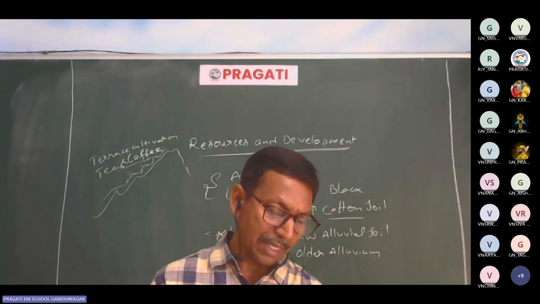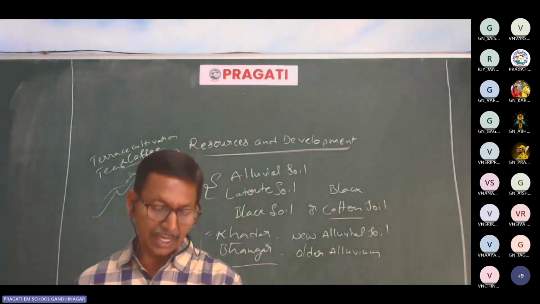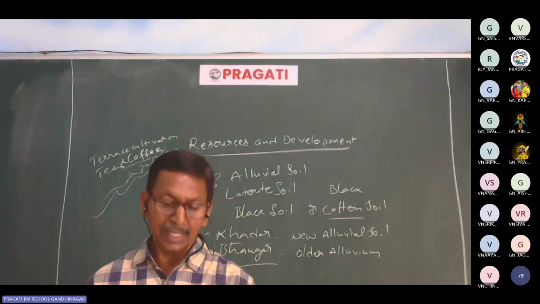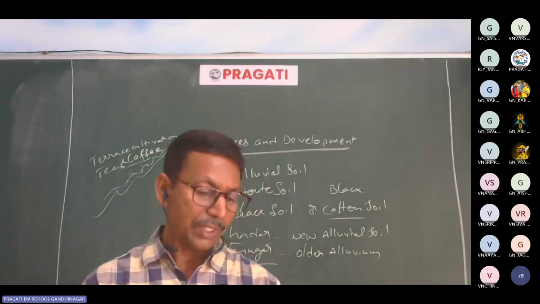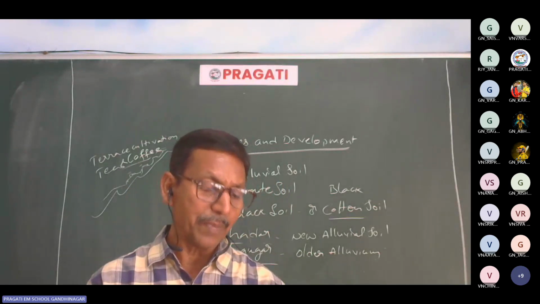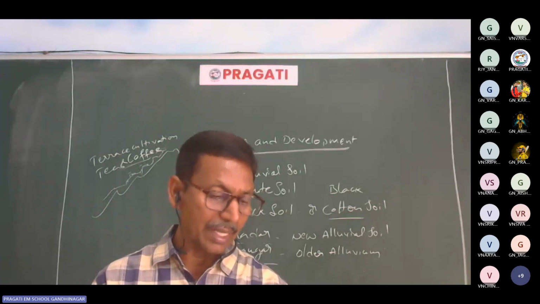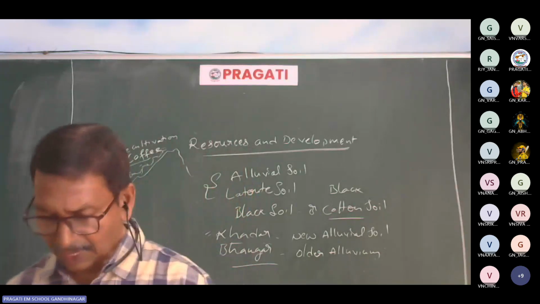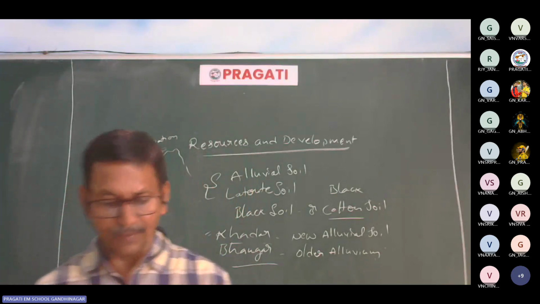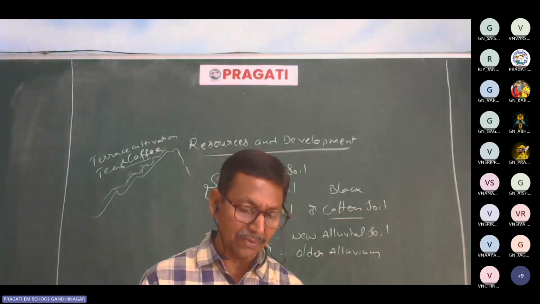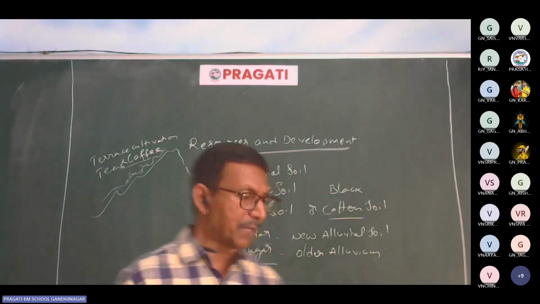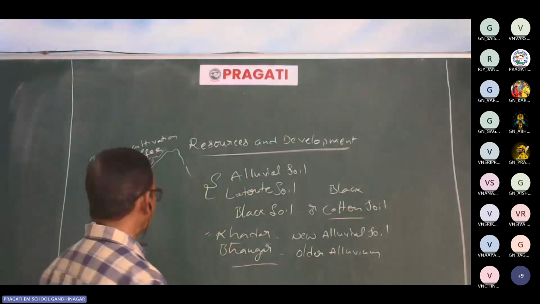In the Krishna Godavari river delta, we can find alluvial soils. By seeing the map also, you can easily write this type of question. A map may be given here. Especially coming to the second topic in geography, forest and wildlife resources, here you may come across a 4 mark question.